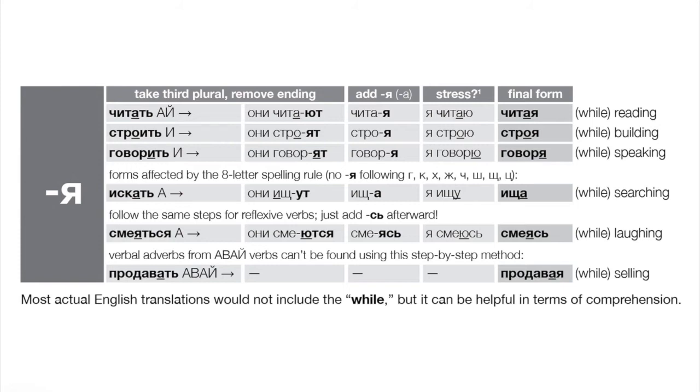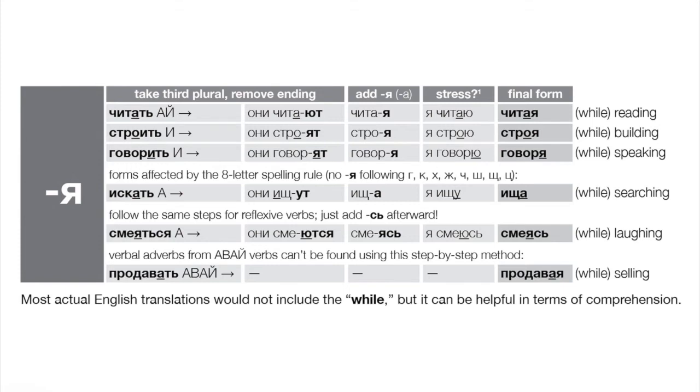The stress will usually just follow the infinitive more or less. But if we want to be really careful, there are some cases where we might have to think of the я form specifically. Stress will be an issue for a lot of these deverbals, so we'll usually have a separate column here in these tables just to tell us where the stress is going to fall. In all likelihood, we basically just add я and we're done. Читая, строя, говоря.